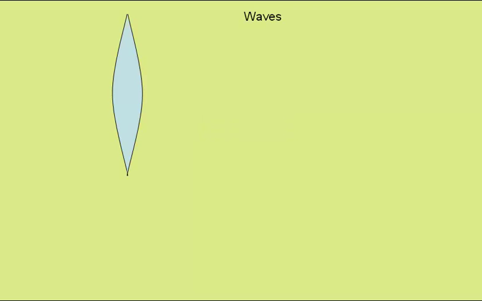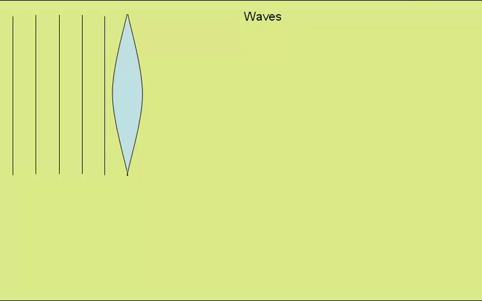Lenses. Lenses alter the direction of light, and light can be considered as travelling as waves or as rays. I'll start off by considering it travelling as waves. Here we have a lens, and if plane waves travel towards it, the waves travelling through the centre will be slowed down for a greater distance than the waves travelling at the ends. Therefore, the ends effectively overtake the waves travelling through the centre, and we end up with the waves coming out